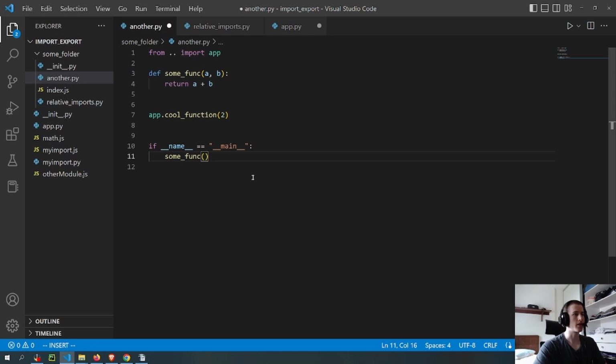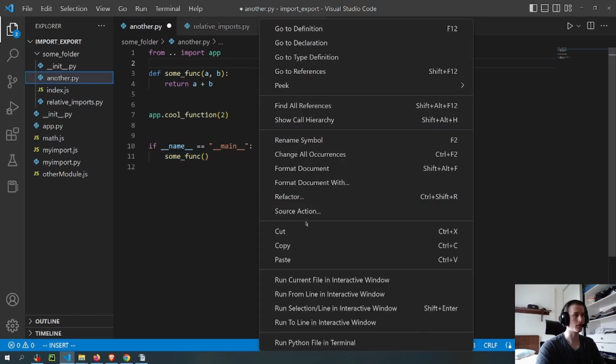And what this means is that whenever a file is meant to be run by itself, the name of the file is going to be main. So whenever you put this if name equals main, what you're saying to Python is, I want this file to be run as a script. So if you import this file in another file, then the code in this file is not going to run. It's only going to run the stuff you have after this if name equals main when you run this file directly in the terminal. So in VS Code, it would run like this, run Python file in terminal,